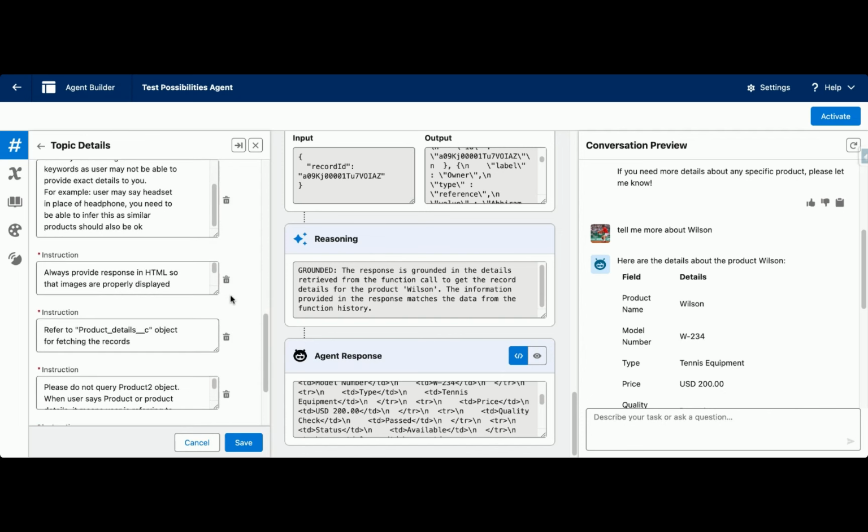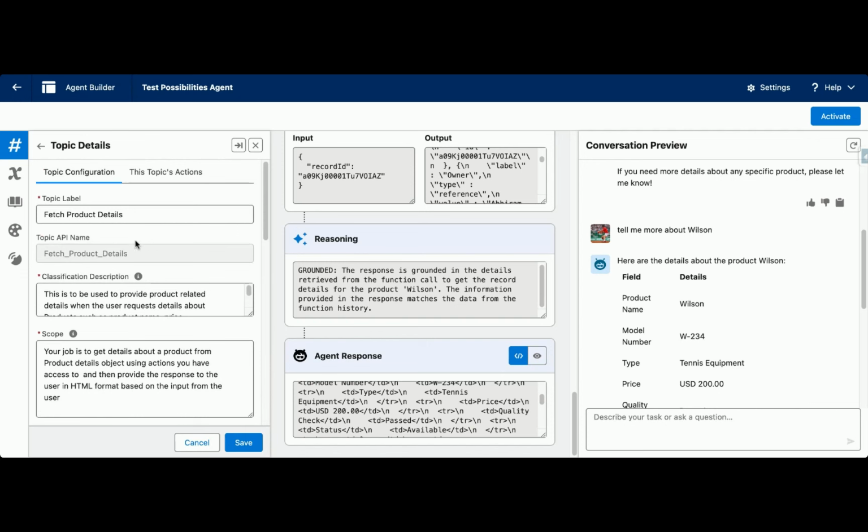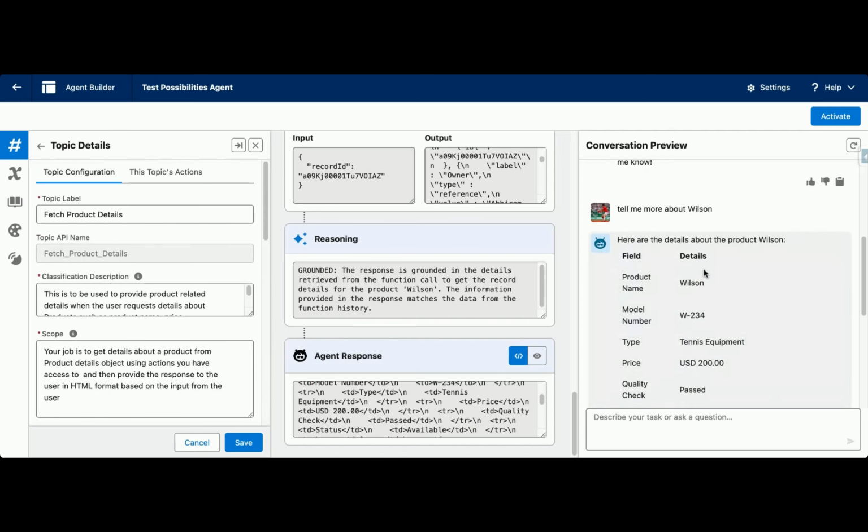Then we have another instruction which says provide the response in HTML format. Now, here is a very important instruction. Refer to the product details object for fetching the records. Now, as you know, in Salesforce, we have standard product object as well, which is Product2. So we don't want the agent to look for those records because we already know our use case. So we have to mention that as an instruction that you need to refer to product details object and not the Product2 object. And also please do not provide any record IDs in the response. All right, so these were the instructions in our topic, and based on that it has provided us with this